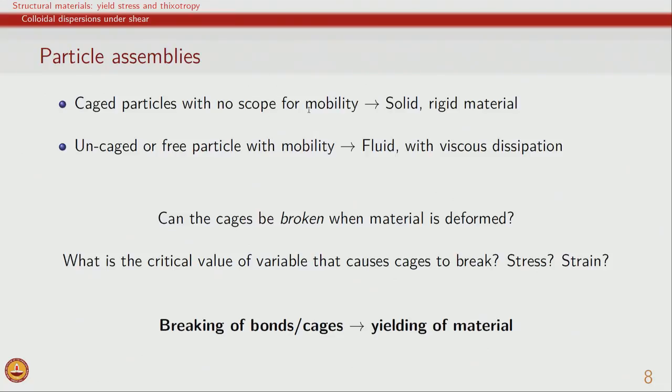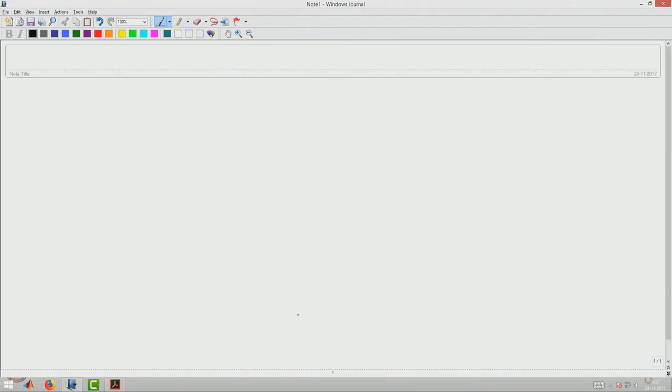So, yield is a concept to try to describe the phenomenon where a material which appears to be solid-like becomes fluid-like due to deformation, and underlying the concept is the breaking of bonds and cages. Of course, yield is a concept which we look at very often in metals. When we look at the stress-strain behavior of metals, so if we look at stress versus strain,